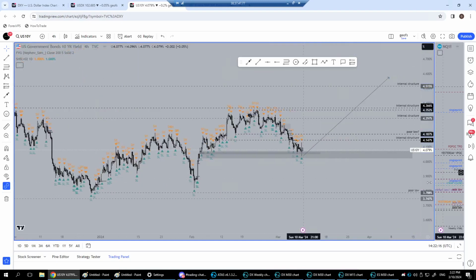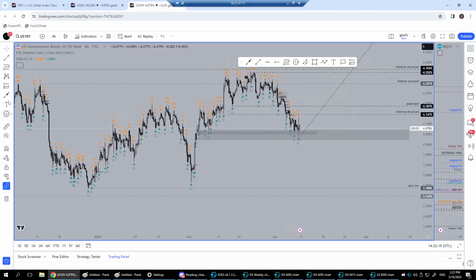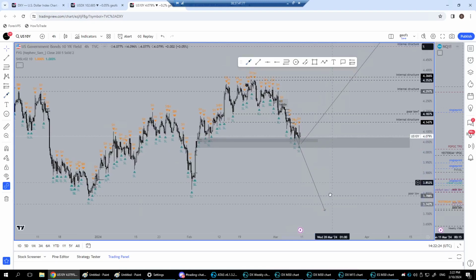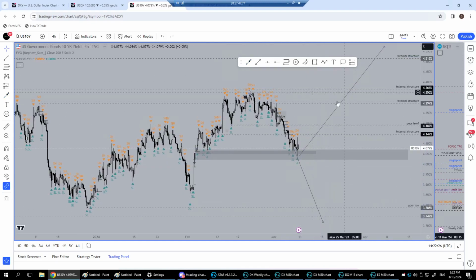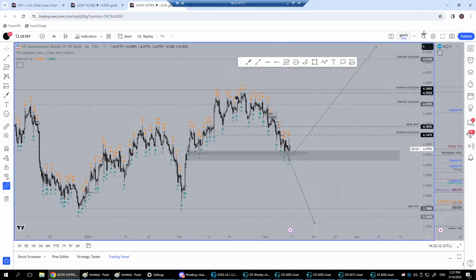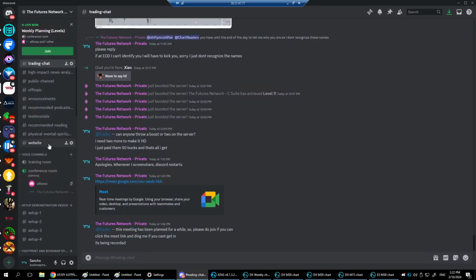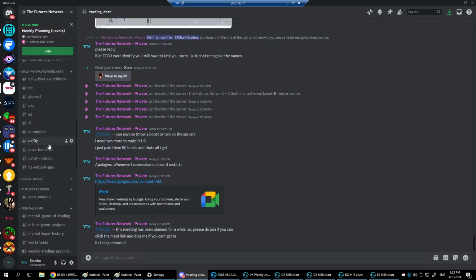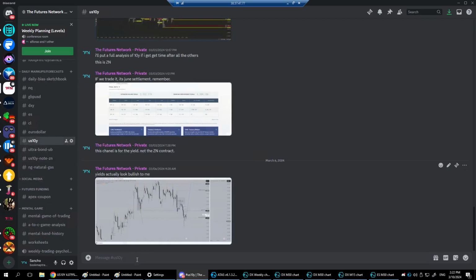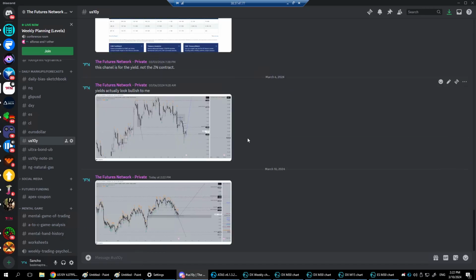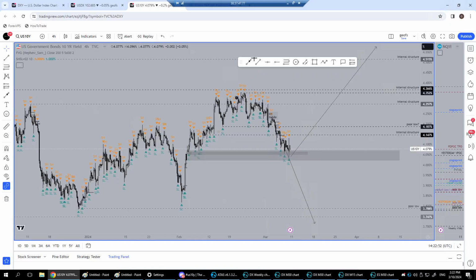So yeah, it's kind of take your pick, really. Do we go down to the poor low, or do we continue the daily uptrend and up to the structure here? We'll have to keep a close eye on that. It's a tough one. I mean, yeah. Let's stick that on markups. That's Dixie more or less done.